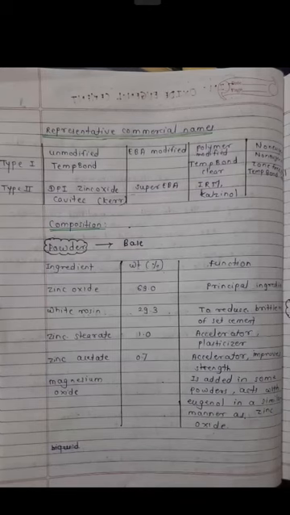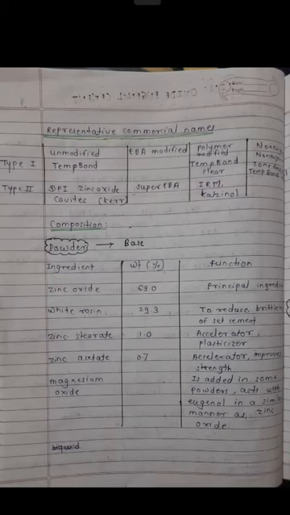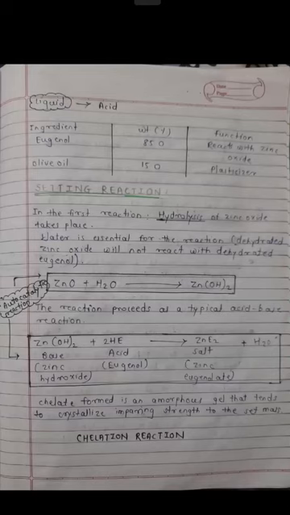So powder will act as base. Powder consists of zinc oxide, white rosin, zinc stearate, zinc acetate, and magnesium oxide. Zinc oxide is present in 69 weight percent; this is the principal ingredient. White rosin is present in 29.3 weight percent; this will reduce the brittleness of set cement. Zinc stearate is present in 1 weight percent; this will act as plasticizer or accelerator. Zinc acetate is present in 0.7 weight percent; this is also an accelerator and will improve the strength of the cement. Magnesium oxide is added in some powders and acts with eugenol in a similar manner as zinc oxide. So this is all about the composition of powder.